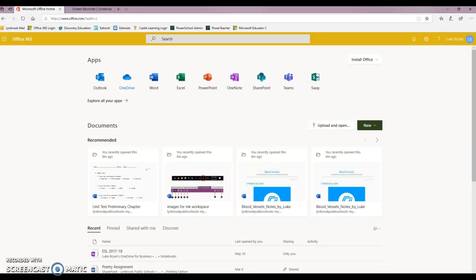At the end of the school year, your Lynbrook Office 365 license will be discontinued and you will no longer have access to your account. This video will walk you through the steps of transferring files from your current Lynbrook Office 365 OneDrive and moving them to a new personal OneDrive account that you create so that you will have access to your files after